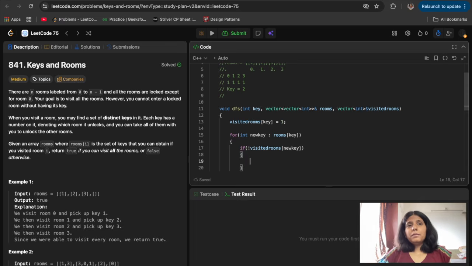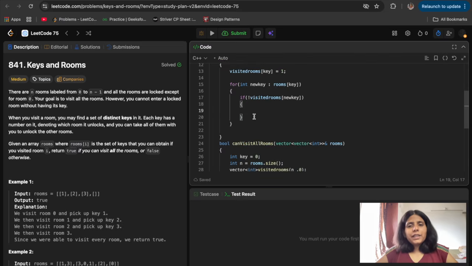If I visit that room again, I have to take the keys of that room and again visit all the rooms, so this will continue, and it can go into an infinite loop. So we'll record this and say if that room isn't visited, only then I will go into that room. Otherwise I won't go.